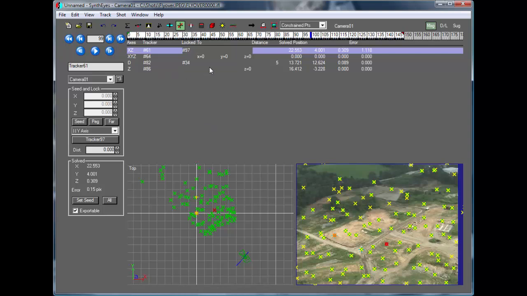And I still need to have a planar constraint here. In this case, we've got this number 86 that says that it still has to have z equals 0. Still need to have that because this line here, the entire scene could spin around that particular line, and it would still solve that constraint. So that's why I need still to have a third